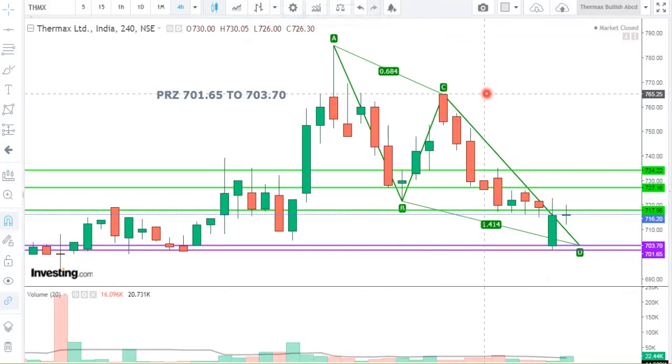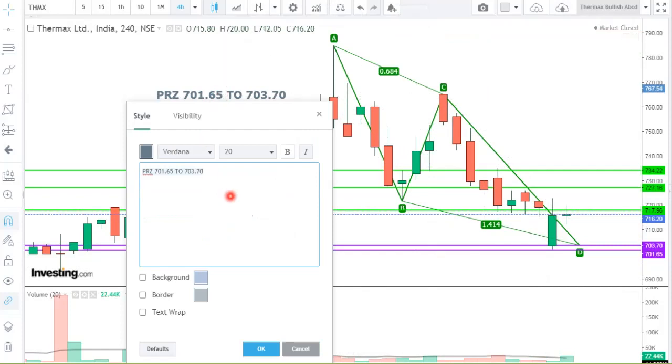Now we can delete this FIBO. How to take the trade, how to trail the stop loss, we will be covering in our coming lectures. Okay. Now we will just update this chart's target. We will round it off. So the targets are 717.96.